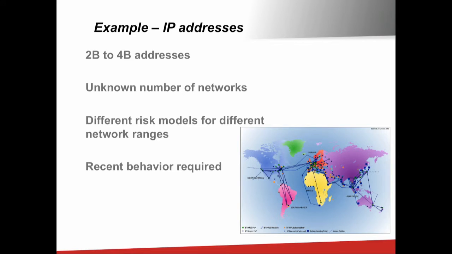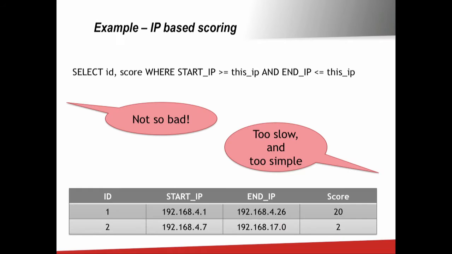So the guys we're working with, the payment processors we're working with, of course, I can't tell you about the algorithms they're using, right? That's all secret, covered by our NDAs. So instead, let's just look at the data and computation patterns. For example, IP addresses. There are between 2 and 4 billion IPv4 addresses in the world, so you're going to need a fair number of objects. You don't just need 10 million objects or 100 million objects. You're going to need billions of objects to keep track of traffic by all IP addresses.